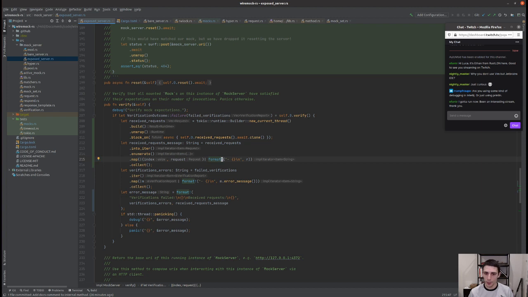And what I want to do with that is request number, and that's perfect. Then I go new line. This is index plus 1, so we don't want them to be 0 indexed. We want to start at request 1, request 2, request 3, request 4,